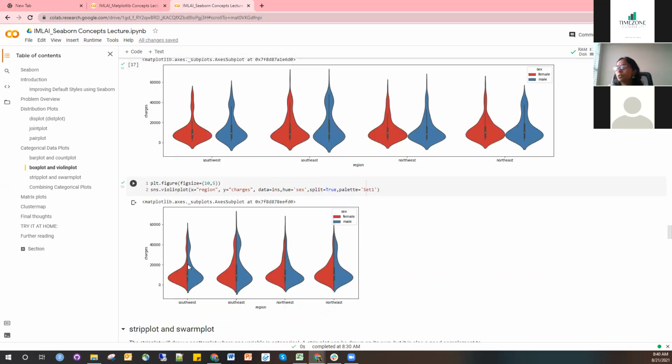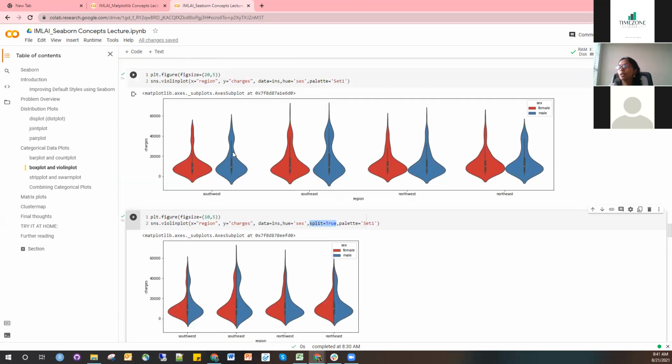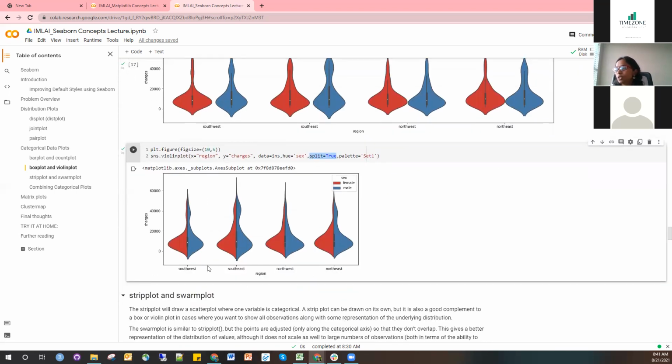Then all we have to do is show half of the violin plot from this and half of the violin plot from this. And that's what this does. The command to do that would be split equal to true. So it just splits this into half and splits this into half and merges them together. And this gives you